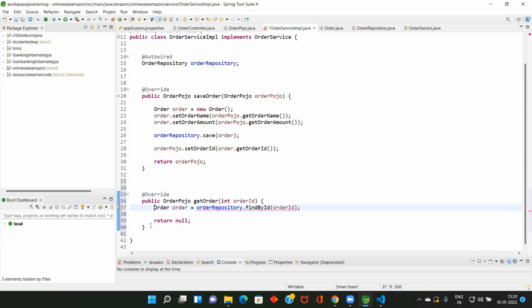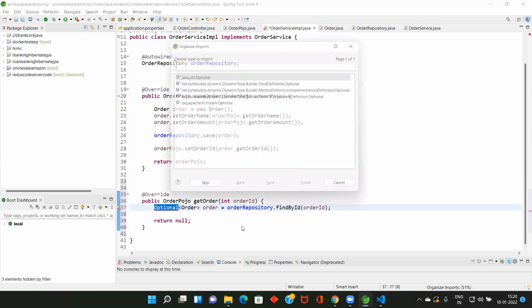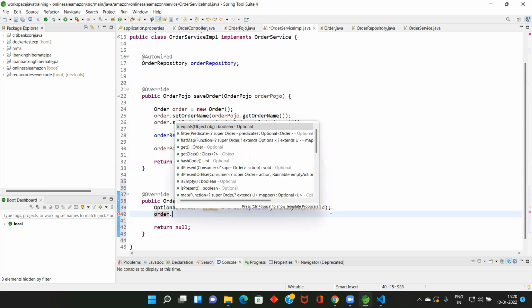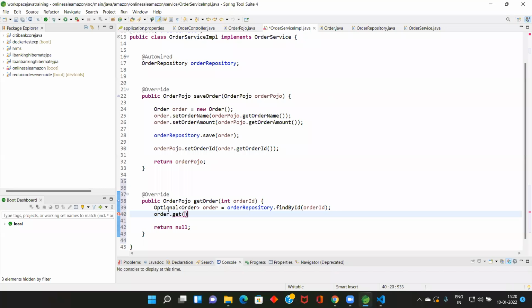Okay, this is part of Optional, Java 8. Order.get. An optional.get will give you order.